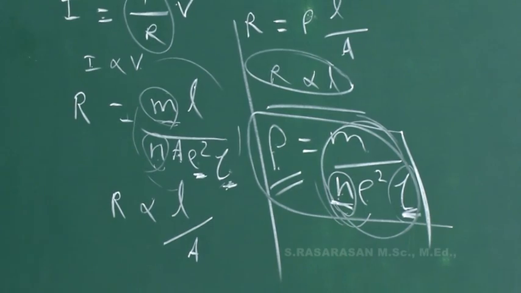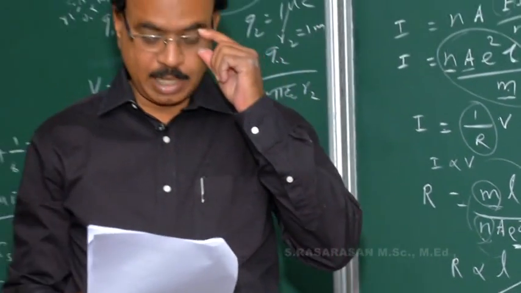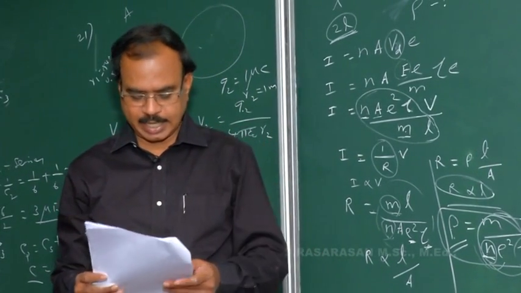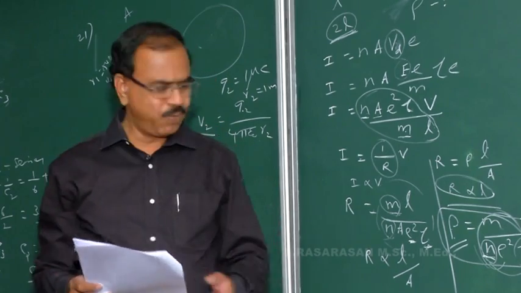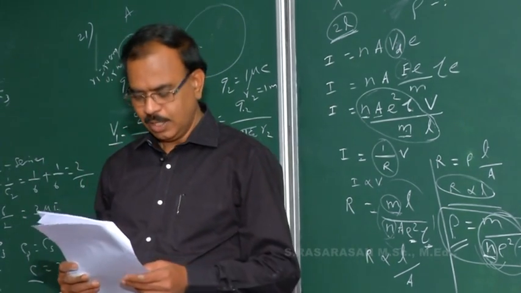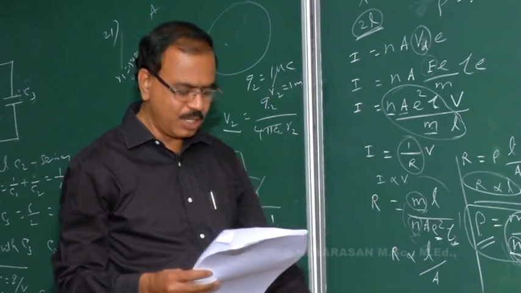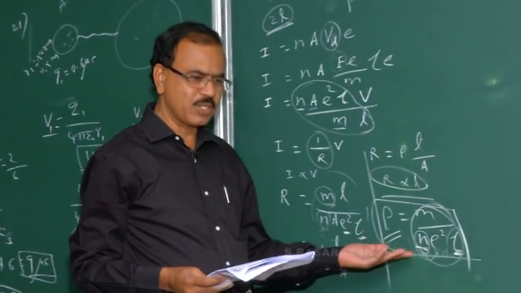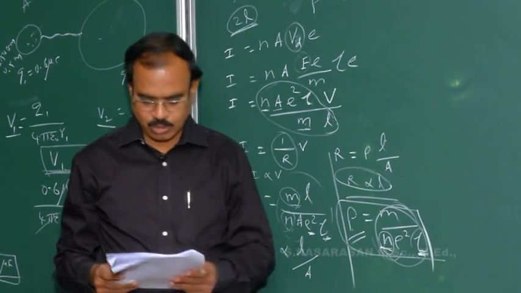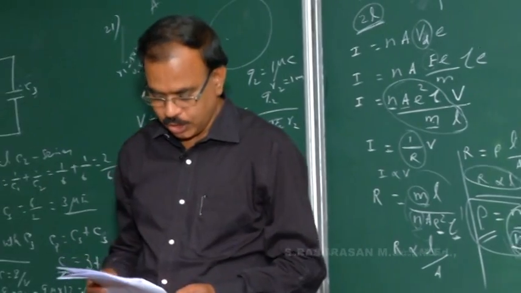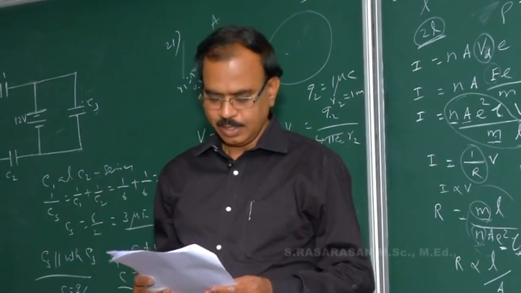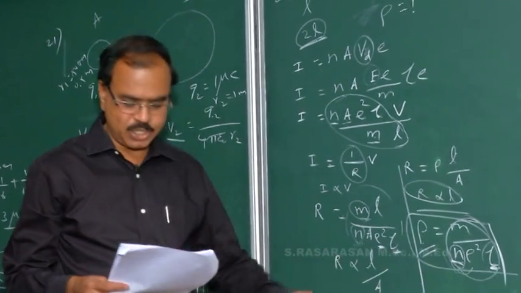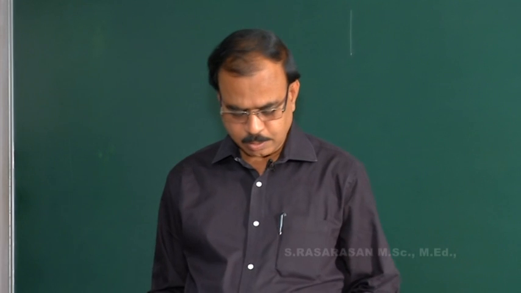Answer for the problem: its specific resistance will be doubled? If they asked about resistance with length, doubled would be right, but they asked about specific resistance, so ruled out. Will become 1/4, nothing like that, ruled out. Will become 4 times, ruled out. Will remain the same, that is what we were all saying. Will remain the same, does not change, it is a constant. So the answer for question number 22 is D, option D.